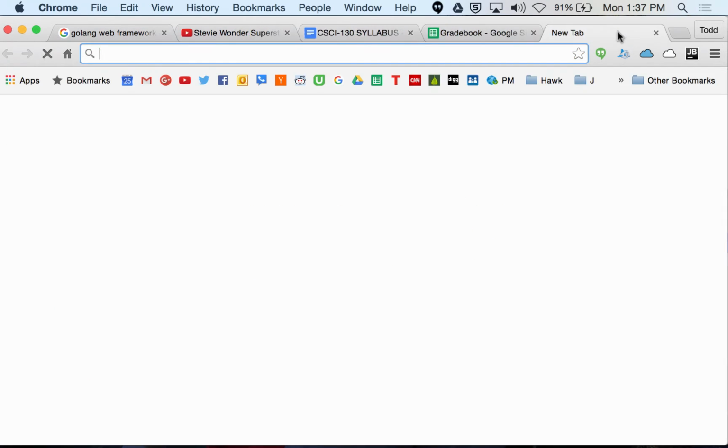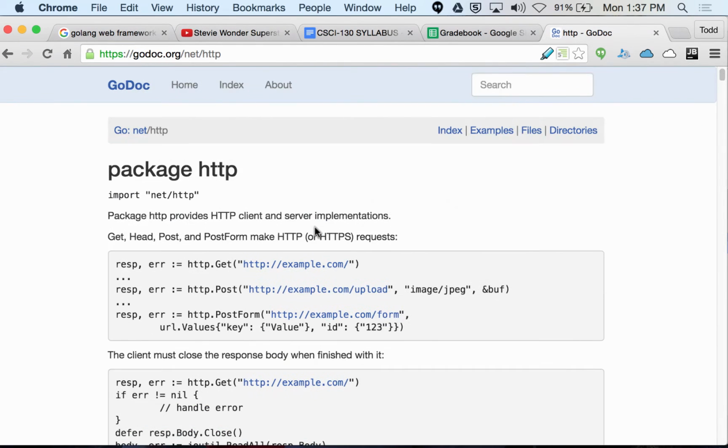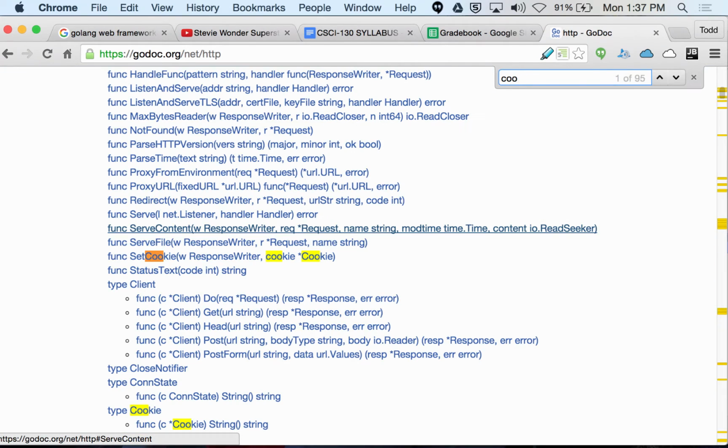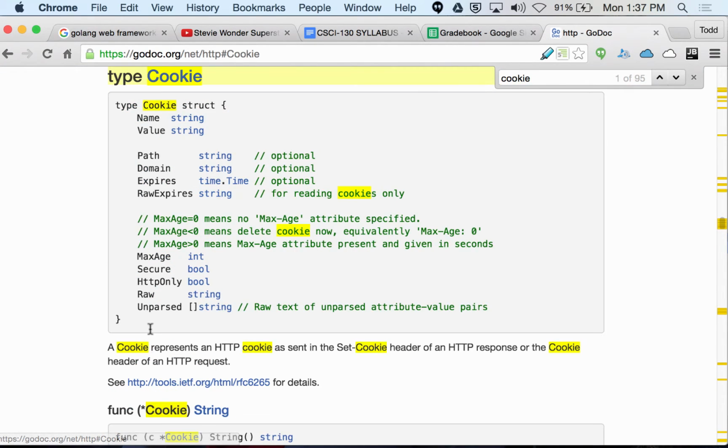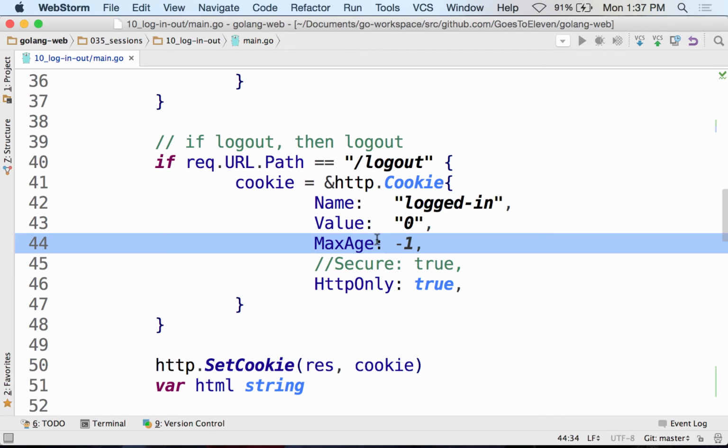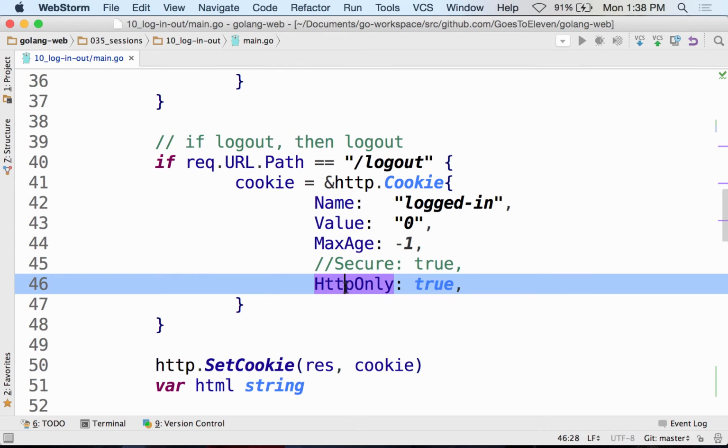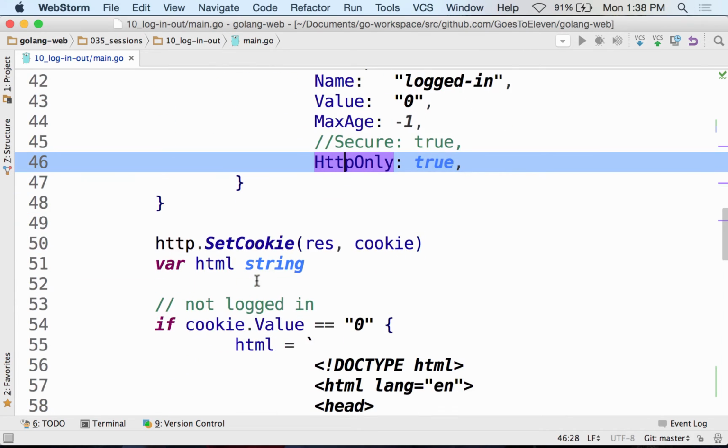If you look up the cookie thing, and look at cookie, and we look at max age. Int max age equal to 0, less than 0, greater than 0. Less than 0 means delete the cookie now. Okay? And so max age -1 means delete the cookie now. This would be on if it's production code. We're serving HTTPS. And so if they log out, the cookie gets deleted. Then we're going to set the